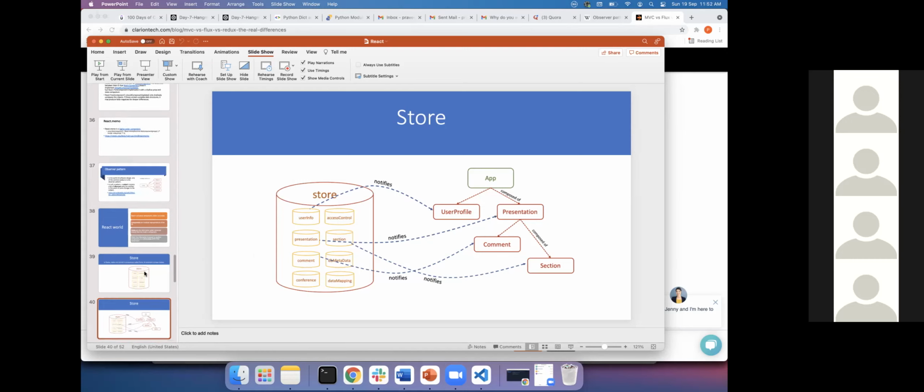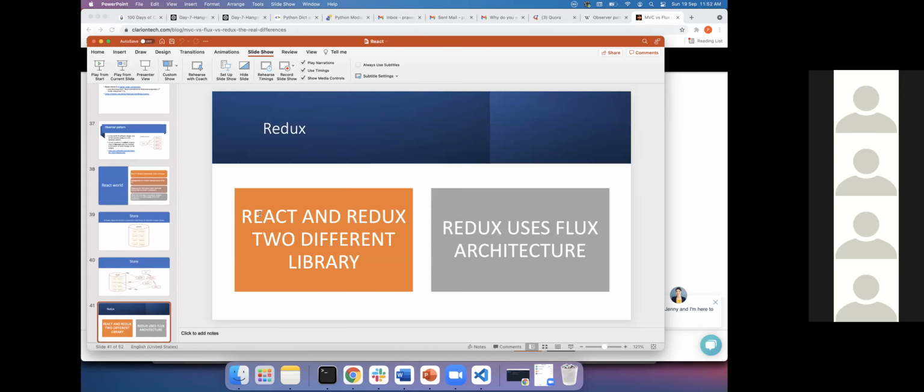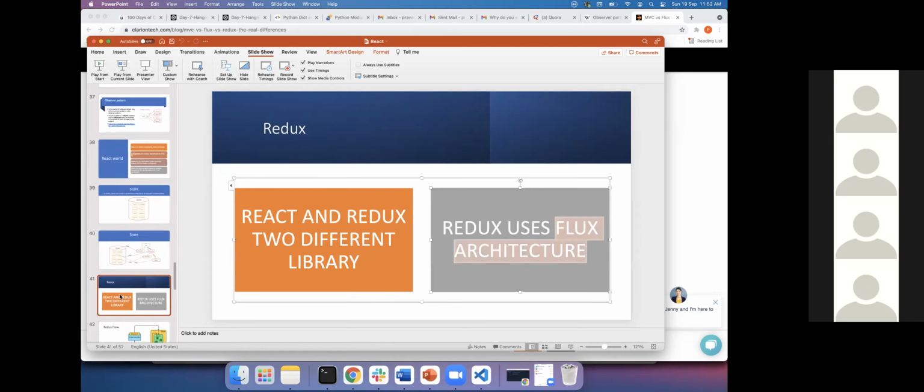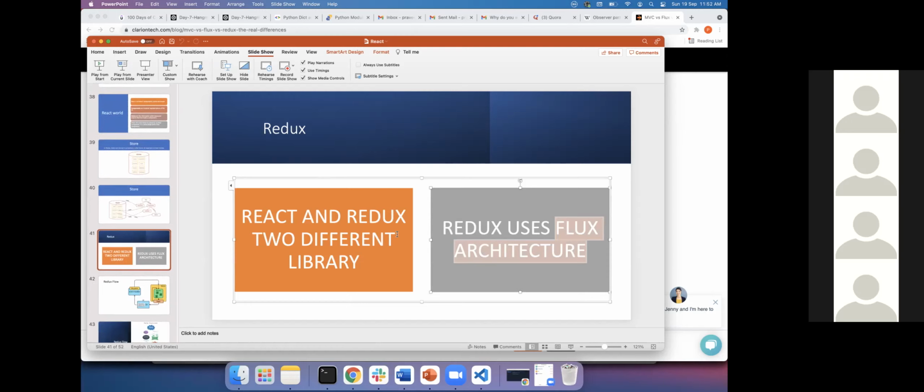There are conversations saying that React is completely different from Redux because React is not maintaining Redux. Redux is a third-party library, but Redux uses a Flux architecture that was introduced by Facebook. Facebook uses Flux. So who owns Redux? Everyone wants Redux other than Facebook. If you take 10 projects, all 10 projects use Redux only. Nobody uses Flux. Flux you could say is the core concept behind the scenes for Redux, but nobody uses Flux in React development.